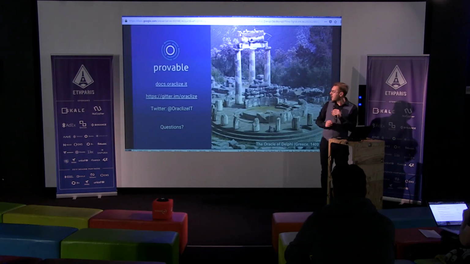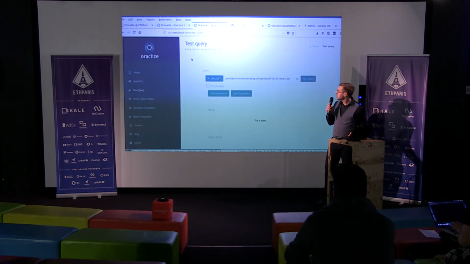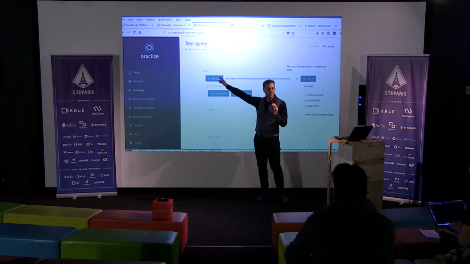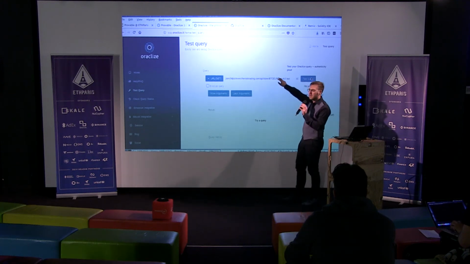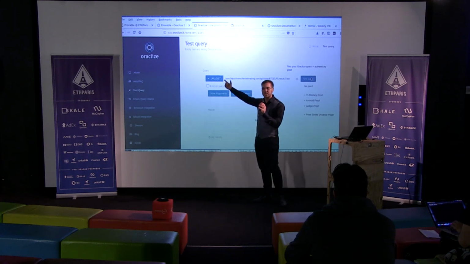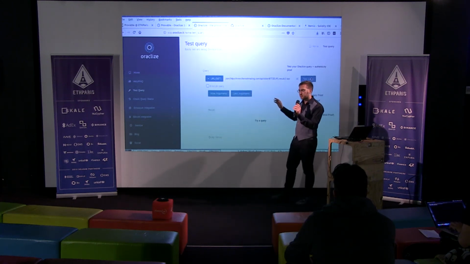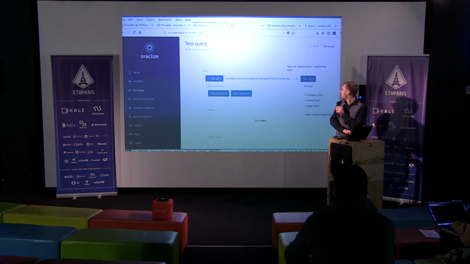And that's pretty much it. So I will show you now. This is the test query page. The test query page does what you would expect it to do. Basically, you define what the query is. For example, here you just say, fine, this is an HTTP GET request, very simple. And this is the API I want to call. It could be any API. There are some helpers, such as the JSON one, so that you can filter down the full response to just the piece you want. But you don't have to do that. It's just for gas efficiency. Then you just click on test query.